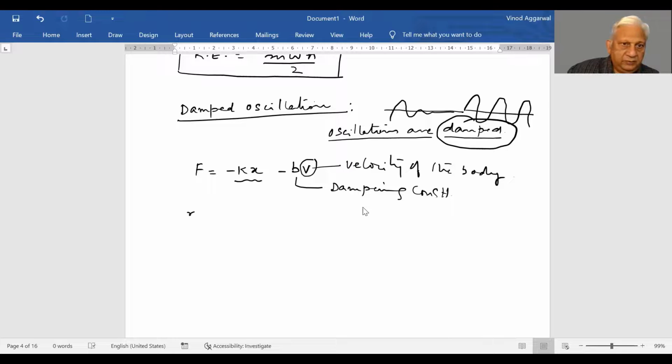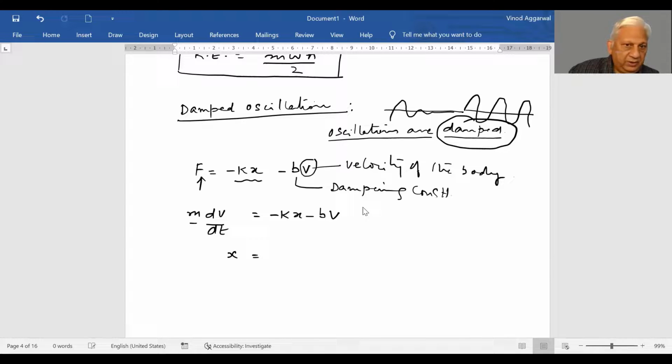Now, we do some differential calculus. This is acceleration, so mass into acceleration becomes force. This is equal to minus kx minus bv. And if we do the calculus, what we'll get is